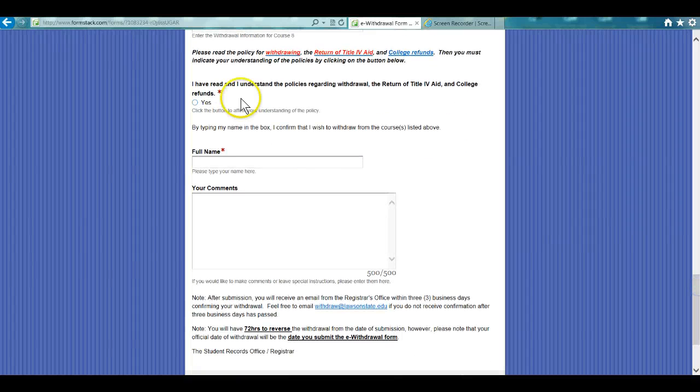And then right down here, notice the little red asterisks right here. I have read and I understand the policies regarding withdrawal. Here they're talking about the fact that if you withdraw before the 60% deadline, you have to pay that money back, right? So you say yes, you type in your full name here, right? And any comments. It is important. Sometimes we do want to know why you're withdrawing. So I am withdrawing